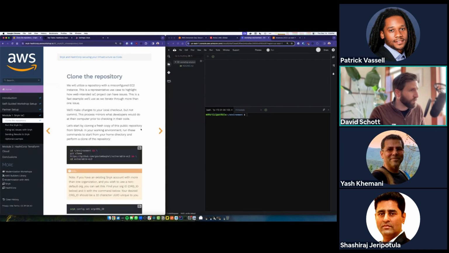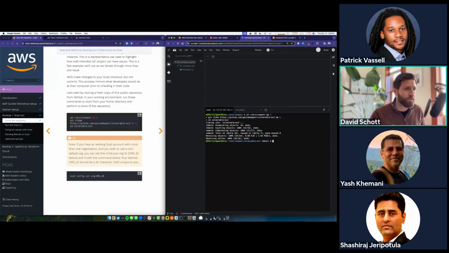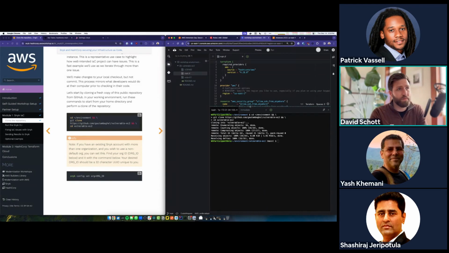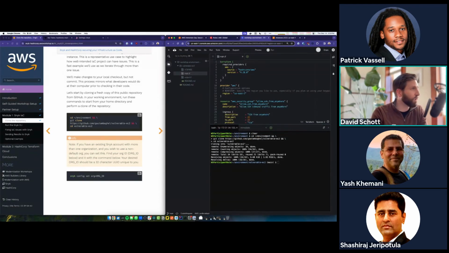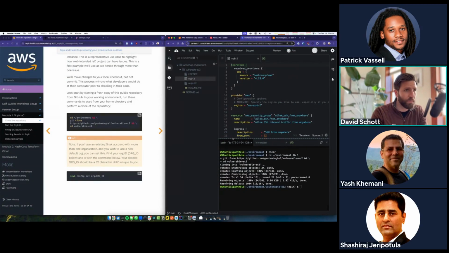So moving on, we're going to clone a code repository. Once again, it's just a copy paste. This is just going to go grab some code off of GitHub and put us right into the directory where that code is. And if that happened really fast, like it did on my screen, you can verify right here. You should have a folder called vulnerable EC2. That's the name of our code repository. And you can go ahead and open some Terraform code in main.tf just to take a look at what we'll be interacting with today. I'm going to zoom in just a little bit more. See if we can make that bigger. Okay.